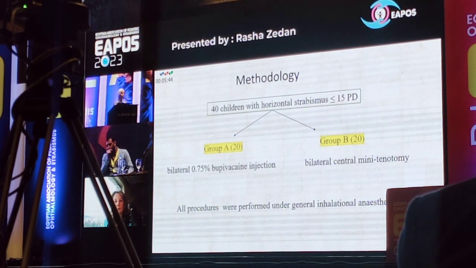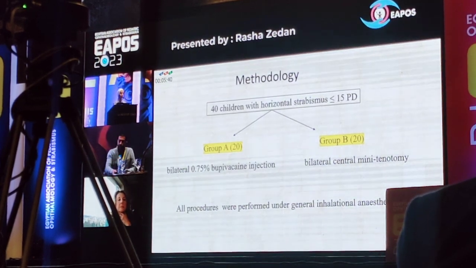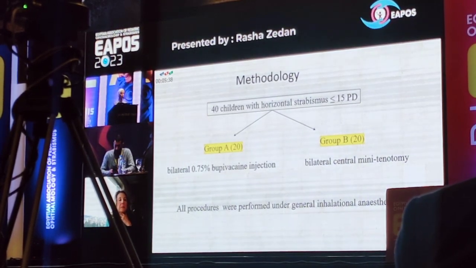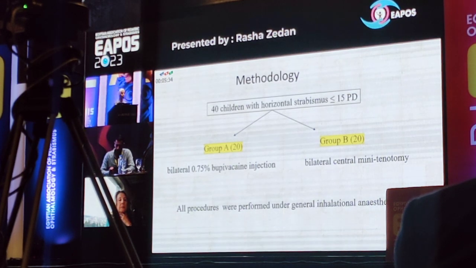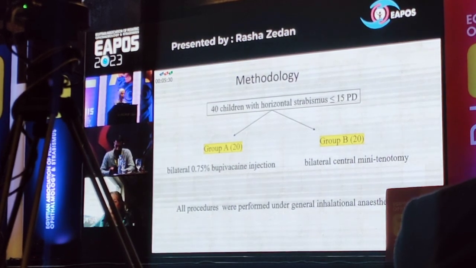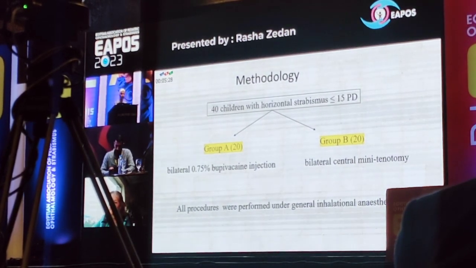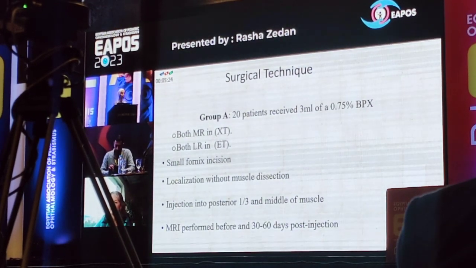We had 40 children, and they were divided into 2 groups. The first group underwent bilateral 0.75% bupivacaine injection, and the second group underwent bilateral central mini tenotomy. All procedures were performed under general anesthesia. The first group received 3 milliliters of 0.75%